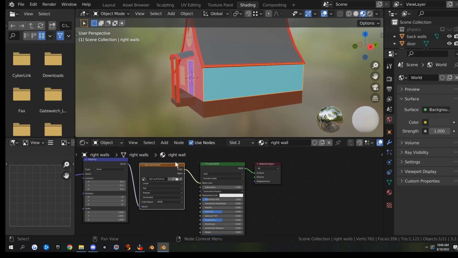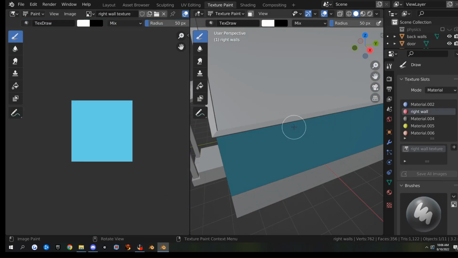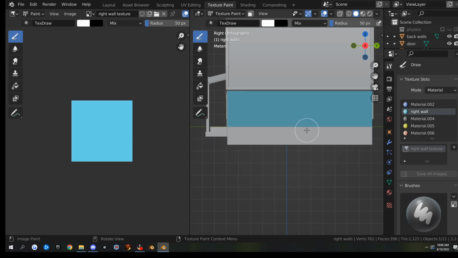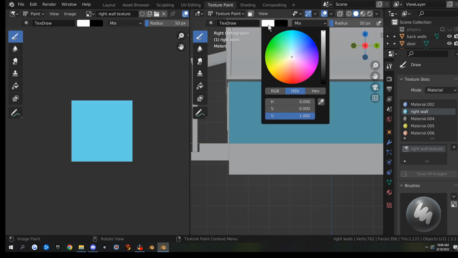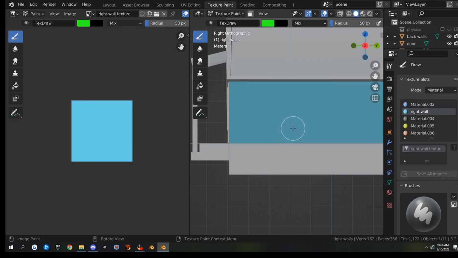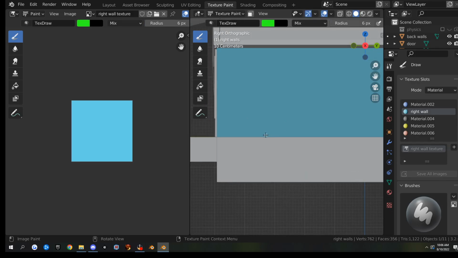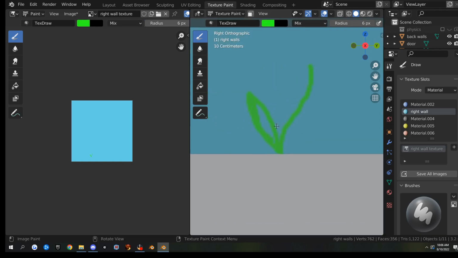And I'm going to make sure this node is selected and go into texture paint and hit 3 on the keyboard, and we're just going to paint some little flowers on here. So I'm going to select this color and turn it into a green, hit F, make it smaller, and I'm just going to draw a little thing there, something like that. Zoom in on it, and I may actually need to